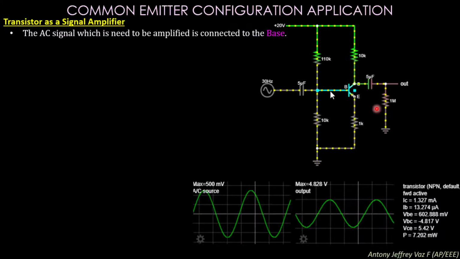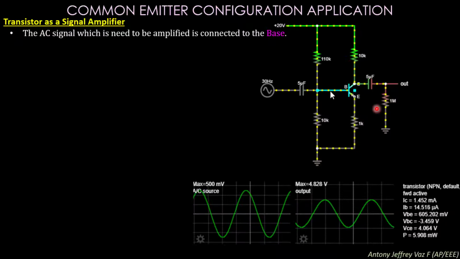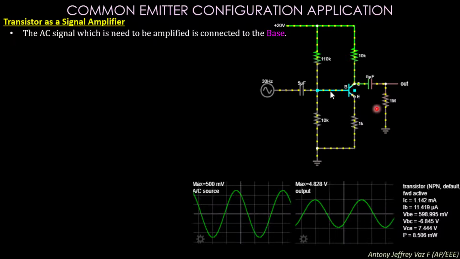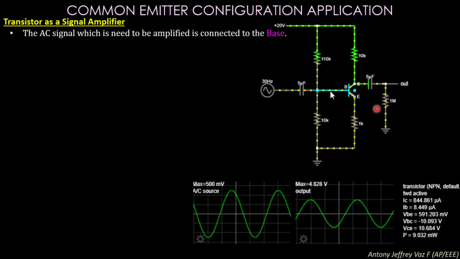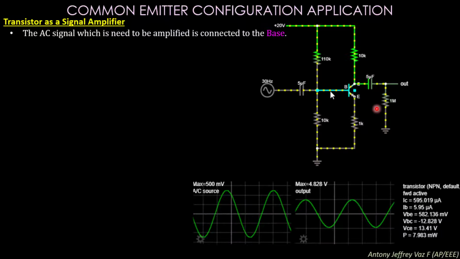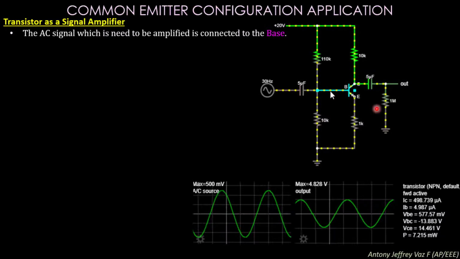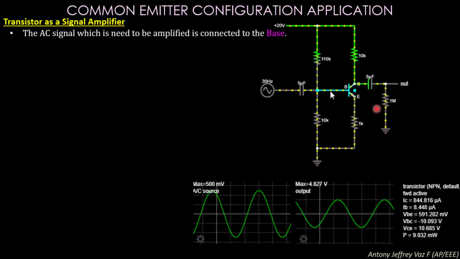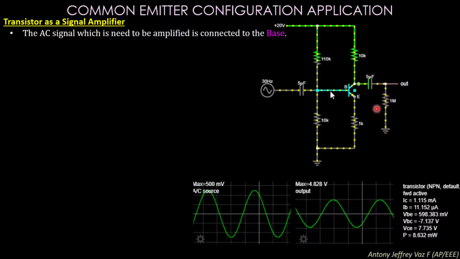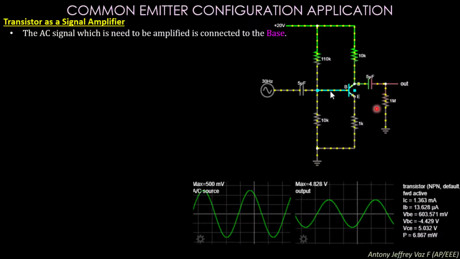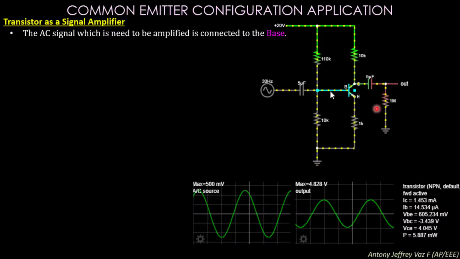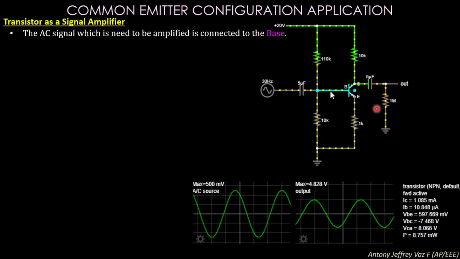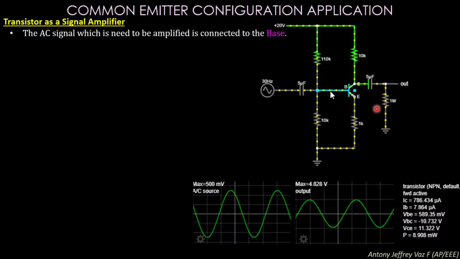So this is the next topic or the next application. You may see the transistor is being used as a signal amplifier. In signal amplification, in most cases the transistor is the best for amplifying signals. You may wonder what signals are. Signals represent the physical waves which are present outside and are transformed into electrical waves.